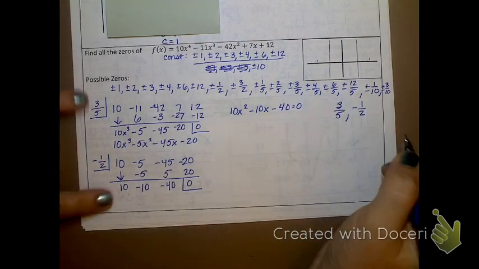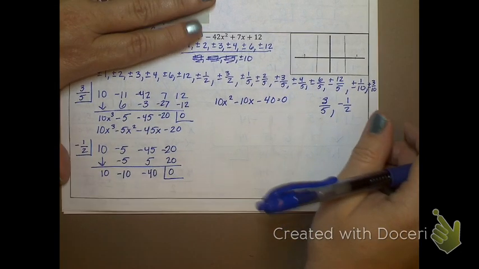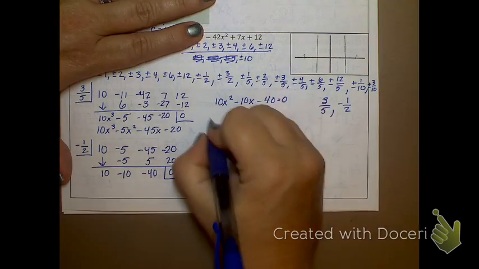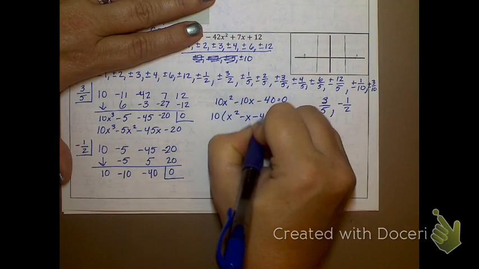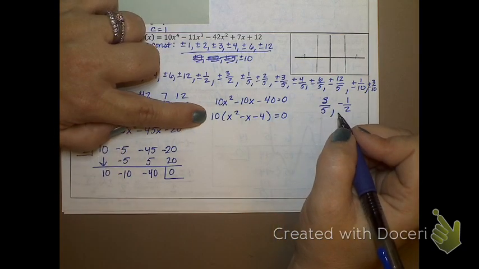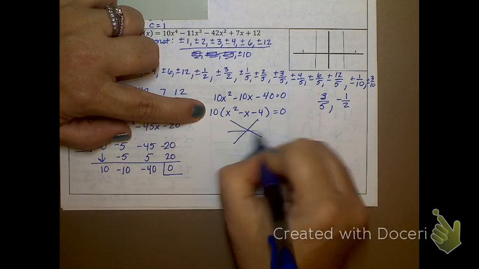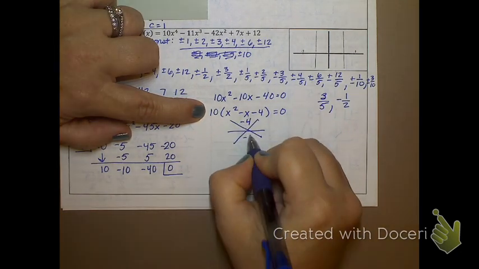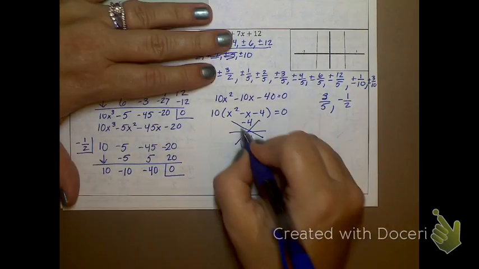And I want to know, where does it equal 0? What can I do to make my snowflake a little easier? Take out a 10. Right? And there's not going to be an answer with that 10, right? Because there's no x with it. Can I snowflake this? You haven't figured it out by now? I'm not going to be able to snowflake this. Right? 4 and 1 or 2 and 2. Neither of them would get me negative 1. So,